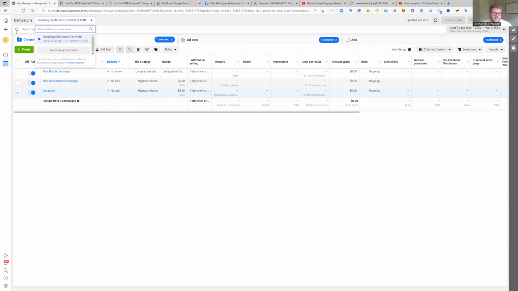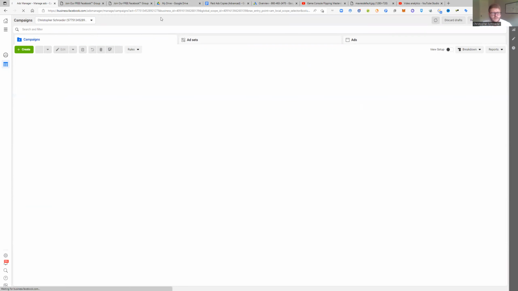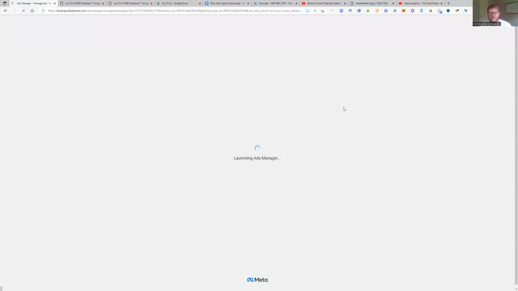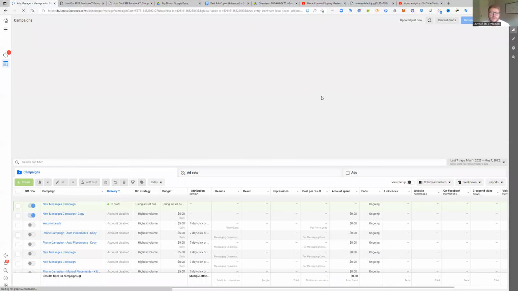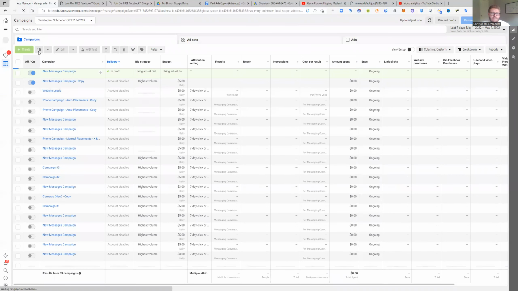So whenever your ads manager or something gets disabled, right? Let me give you guys an example because one of mine is disabled right now. But like I said, I've gone through this process enough times to be able to get it back. So let's go to this one. So first thing you always want to make sure of is whenever your ad account gets disabled, and